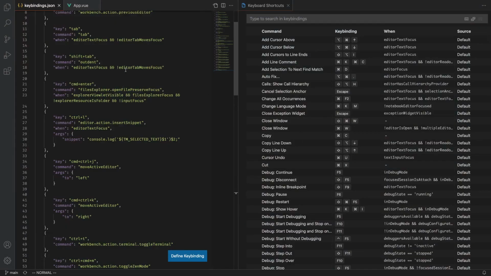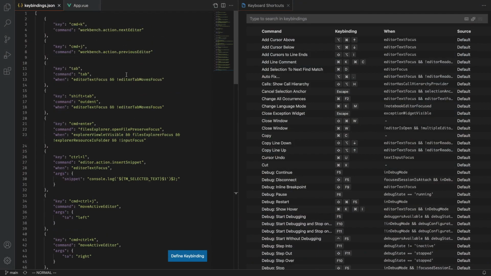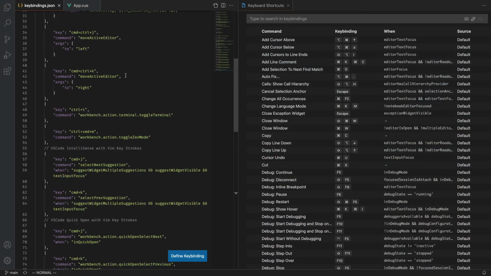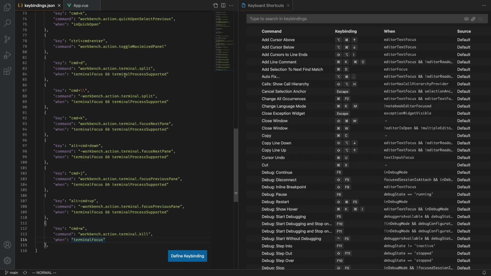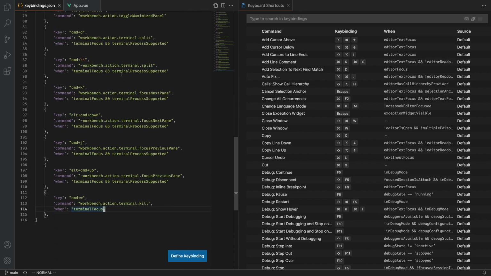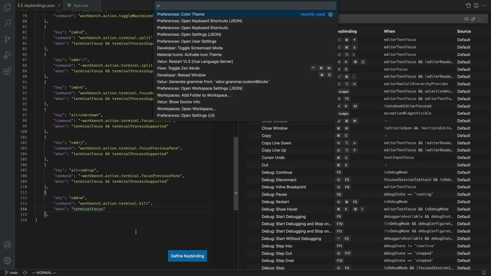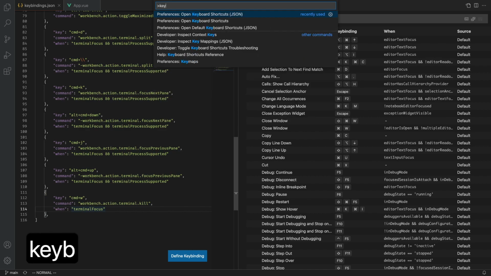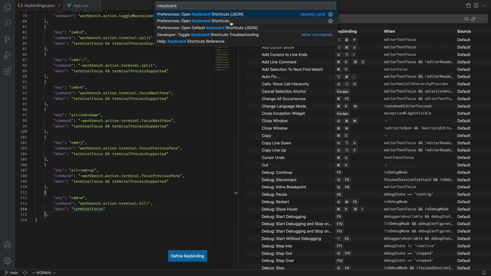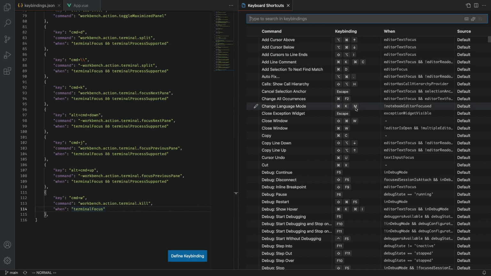And the last thing to look at is going to be the key bindings section. So VS Code comes with a ton of separate key bindings that you might not be completely familiar with. The best thing to do is to go to the key bindings shortcuts section. And to do that, you do the same thing as how you opened your settings.json. So you can press Command-Shift-P on Mac, Control-Shift-P on Windows, and then you can just start typing keyboard shortcuts. And inside of preferences, you want to go to more, so this one, because it's easier to see what's going